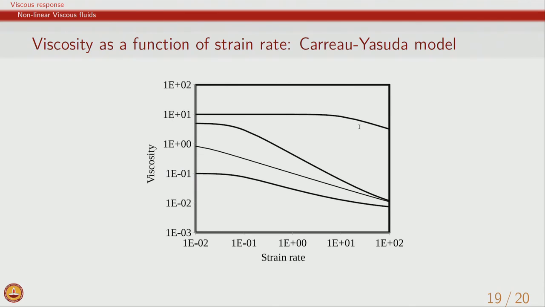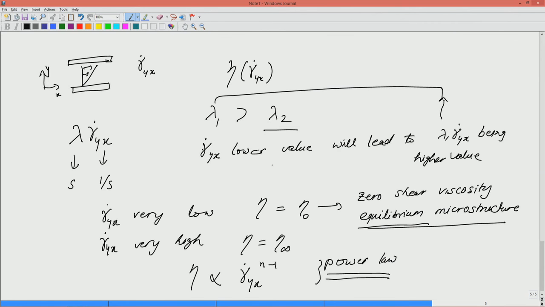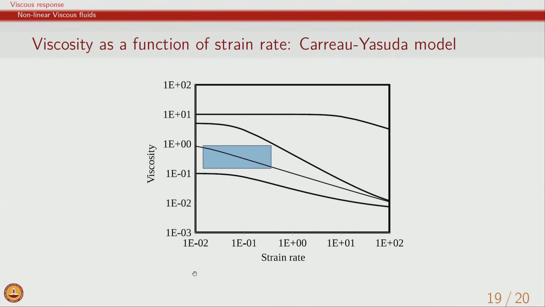That kind of response is what is being shown here, where viscosity continuously keeps on decreasing as a function of strain rate. Because n is less than 1, as I have said already, this leads to a viscosity which is a continuously decreasing function of strain rate. In fact, this also says that if gamma dot yx approaches 0, eta goes to infinity, and that is what is depicted here: if you extrapolate in this direction then viscosity will continue to increase. For a very dilute dispersion, sometimes the change in viscosity is not very high. So, eta 0 at this end and eta infinity are not very different, and in between there is a mild shear thinning. So, the Carreau-Yasuda model can capture all of these basic features observed in polymer solutions and colloidal